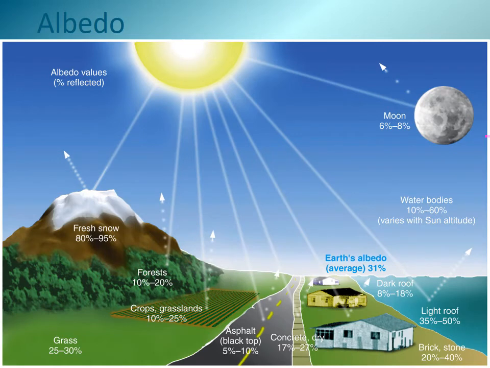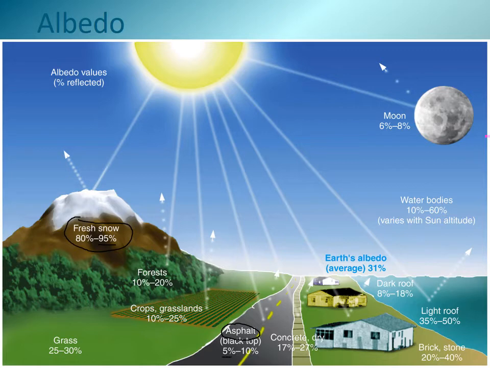So the factor that I alluded to in the previous slide is that not all of the sun's radiation even makes it down to the surface of the Earth. And if it does, a lot of it gets reflected right back to space. If you're dealing with fresh snow, up to 95% of that radiation is just reflected and not absorbed. However, let's say that you're dealing with a hot sunny day and fresh asphalt. That asphalt, because of how dark it is and some of the chemical or physical properties, may only reflect